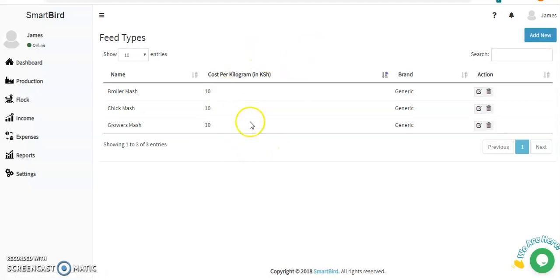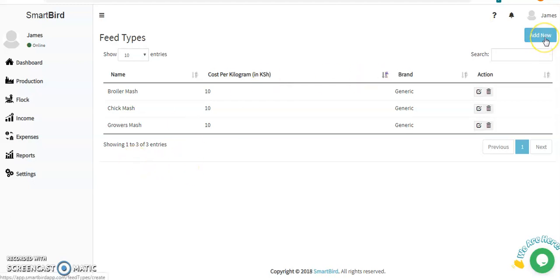The cost per kg will enable Smartbird to generate for you reports on how much it's costing you to feed your chicken. You can change the cost per kg at any time the food prices or the feed prices go up or come down. For now, we leave it the way it is,